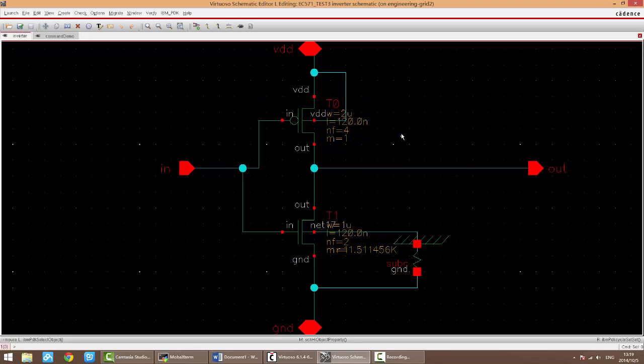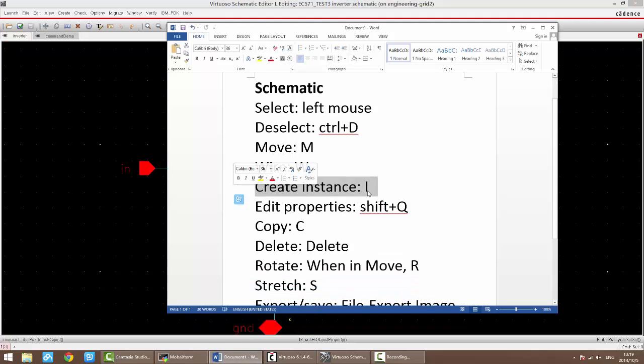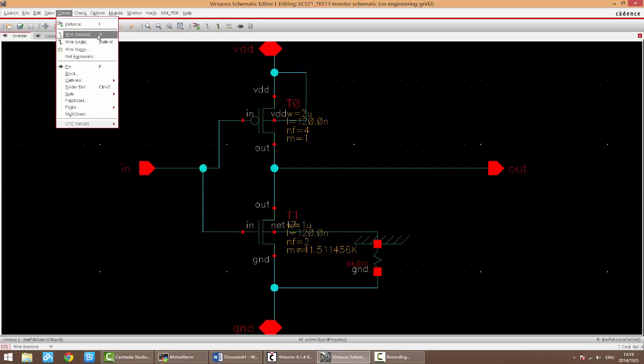And when you wire your components up, always check and save, so you don't lose all your schematics. Okay, so that's wire. And the next one is create instance. I should probably have talked about this before wire. To create an instance, you can go to Create, Instance, and you can see there's wire and all those